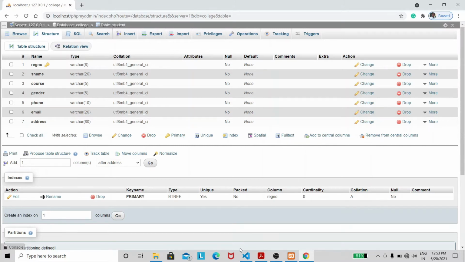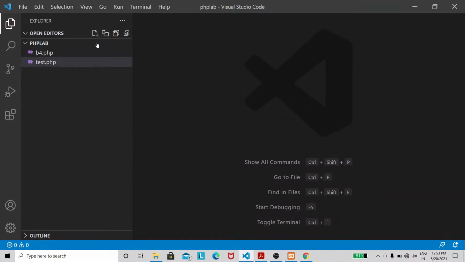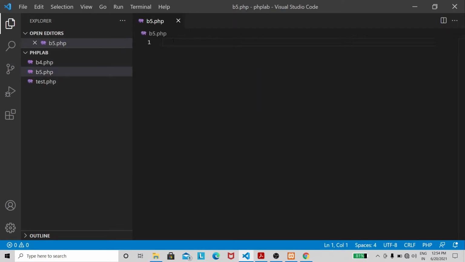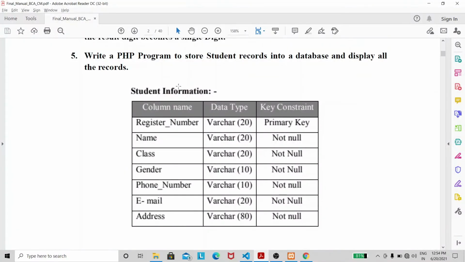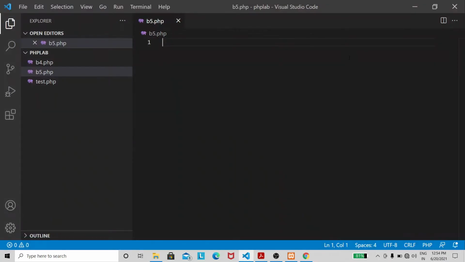So now let's go to the Visual Studio Code and start programming. I'm going to create a new file called b5.php. Now we need to have two files over here, because in the program they've asked to store the records into the database table and display all the records.